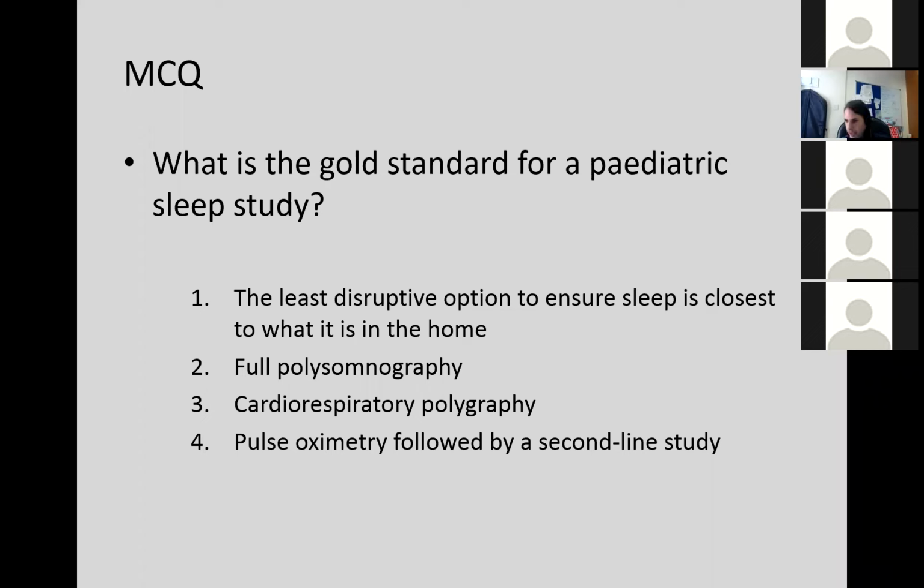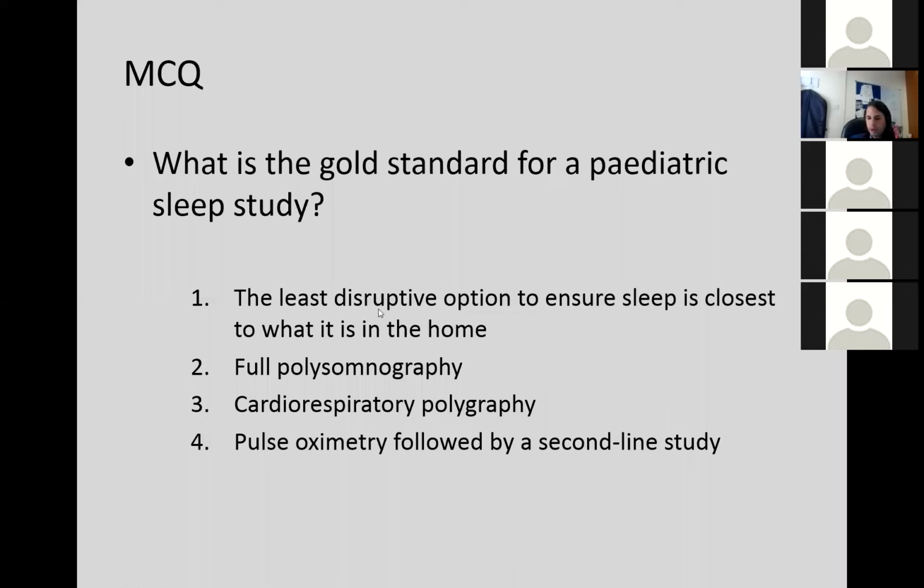So we've got a split of answers, 25% for all of them. So the correct answer is actually full PaeCH. I mean, this is the gold standard, but I don't think you need to do the gold standard every time in every patient, because it's quite a lot of extra analysis. The EEG is another thing that needs to be tolerated by the child, and actually for most of the children that we investigate, the cardiorespiratory polygraphy gives us most of the information that we need.